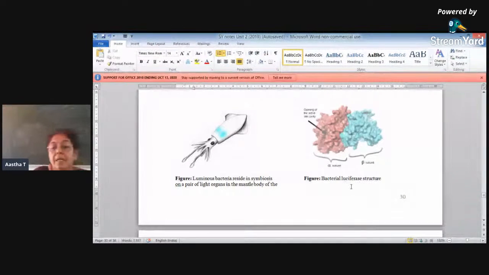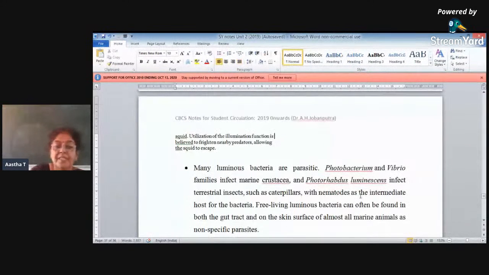this bioluminescence or luminescent activity in the bacteria is because of the enzyme known as luciferase. So this is the structure of that luciferase. It has two subunits, alpha subunit and beta subunit. This is its alpha subunit and this is its beta subunit. If this luciferase enzyme was not there, then it would be impossible for the luminescent bacteria to show the bioluminescence